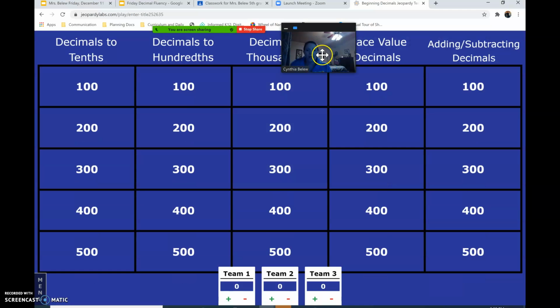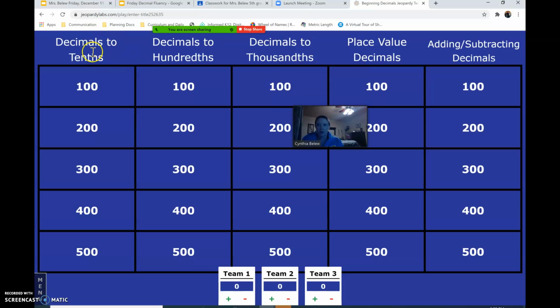And you will call on a student to give you the category and then a point value. So for example, if they say decimals to the hundredths, for 200, you would click on the 200 under decimals to the hundredths, and you would